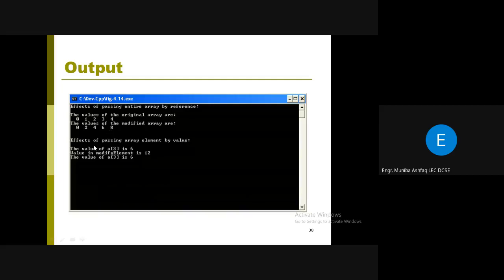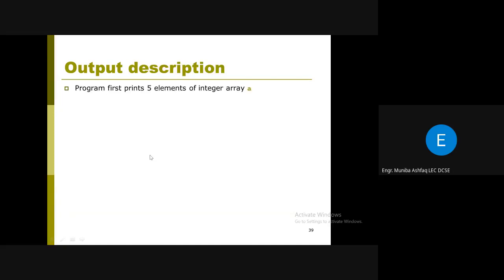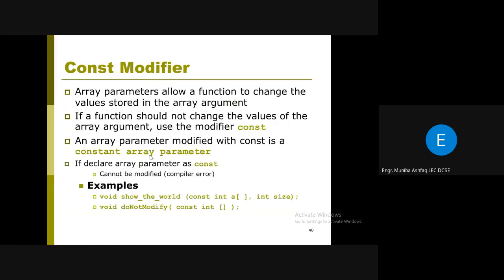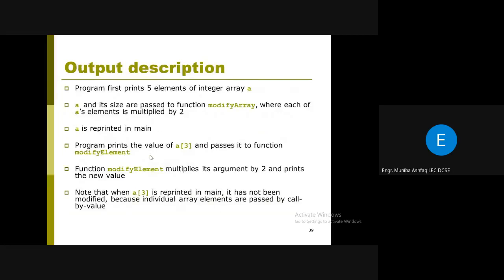In the second function call, it was the call by value on only the fourth element, which is a of 3, being passed as an argument to the function, and its value was 6, and the modified value becomes 12. 6 multiplied by 2 becomes 12. ठीक है, ये तो मैंने एक्सप्लेन कर दिया आपको।